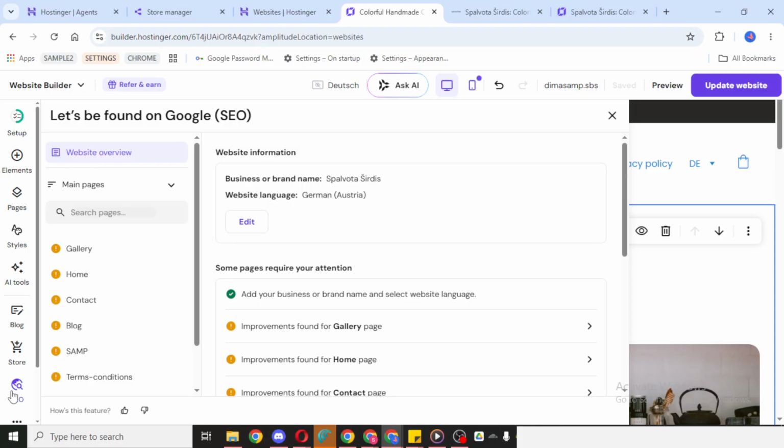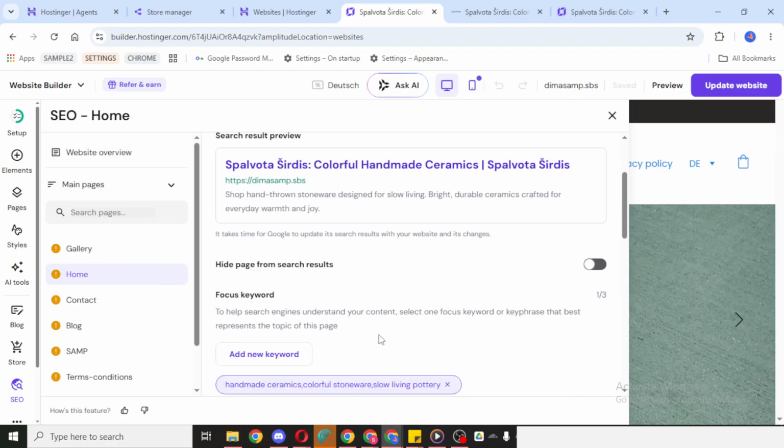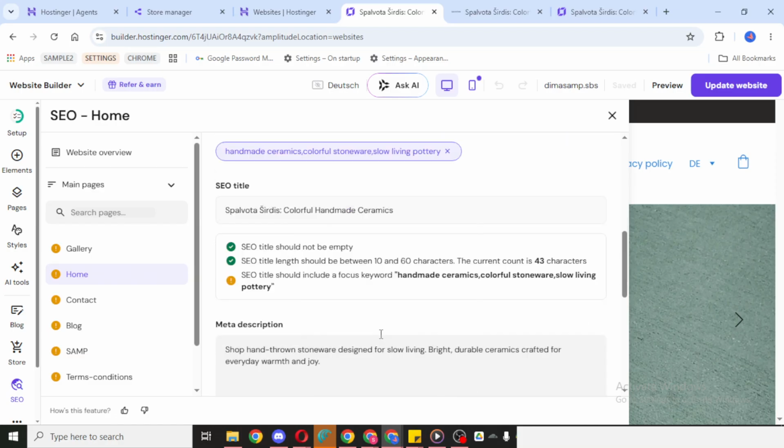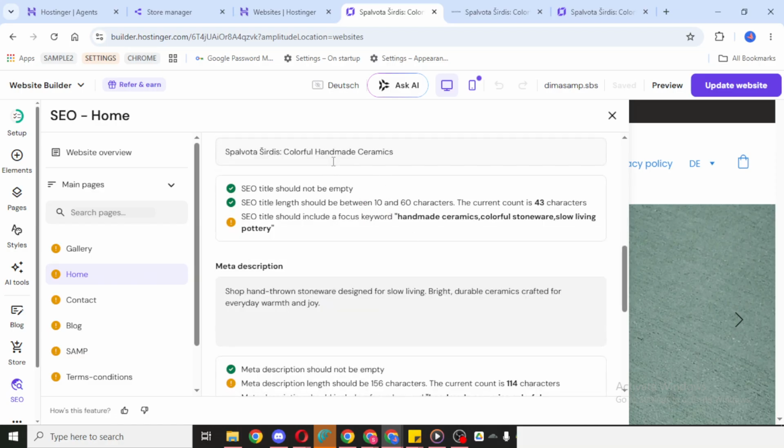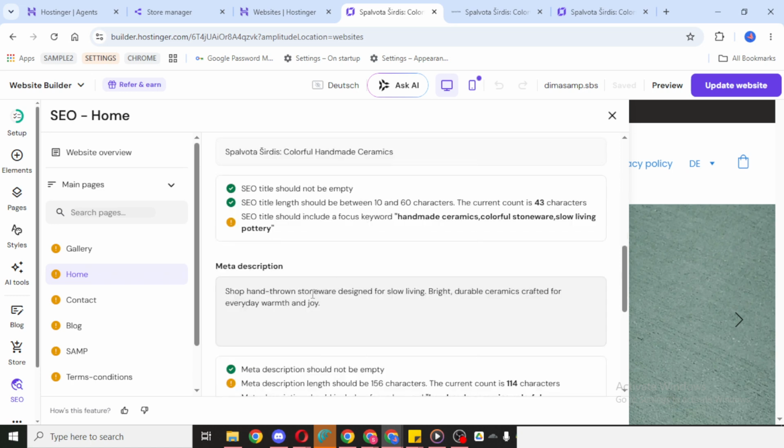and your meta description. In the meta title field, type the title you want search engines to display for your page. Try to make it clear, relevant, and closely connected to the content of the page. Then, in the description field, add a short summary that explains what visitors can expect when they land on your website. Keep it natural and informative, because this text is often used as the preview shown in search engine results.